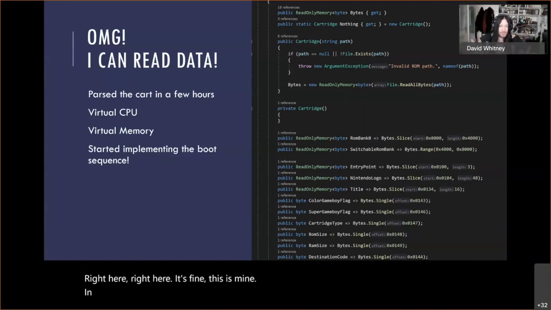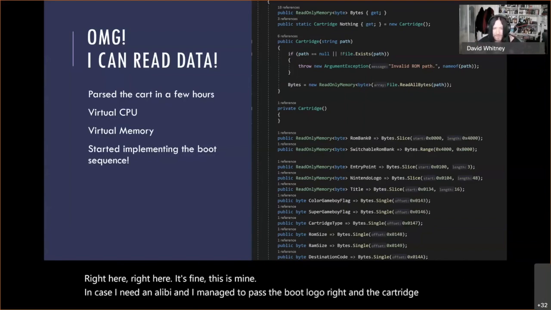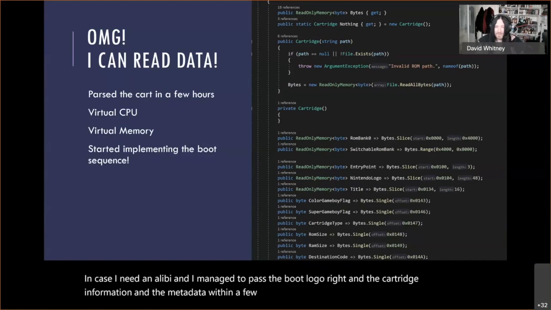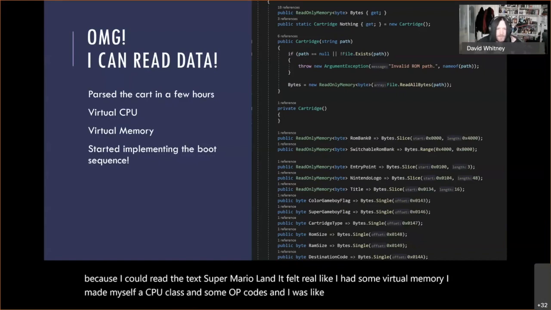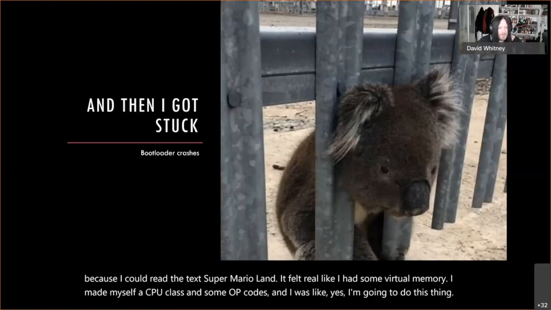And I managed to parse the boot logo, right? And the cartridge information and the metadata within a few hours of hacking around. And I was super excited because I could read the text Super Mario Land. It felt real, like I had some virtual memory. I made myself a CPU class and some opcodes, and I was like, yes, I'm gonna do this thing. Then I got really